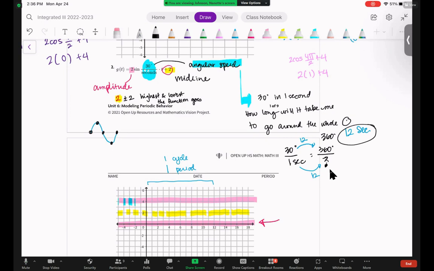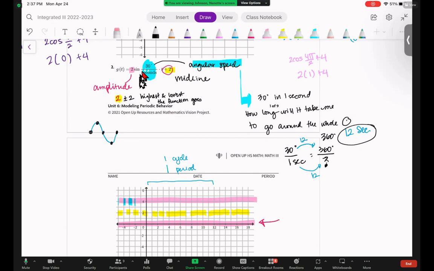Okay. So let's pretend that you didn't know that this was middle, high, middle, low, middle. Let's pretend you didn't know what the sine function looked like. So what I'm going to do is I'm going to start at 0 and I'm going to plug it in. Okay, so I plug in 0